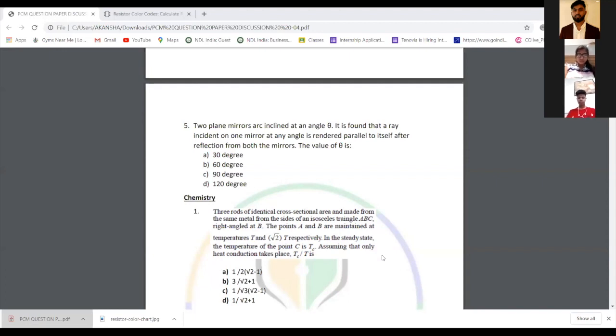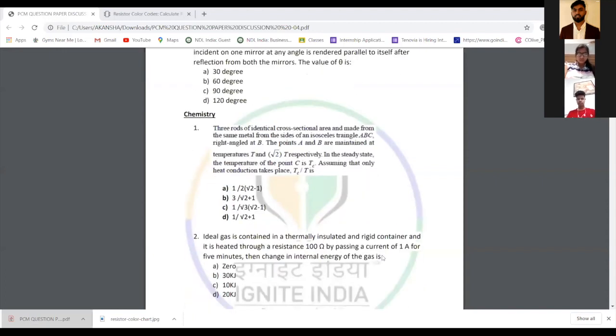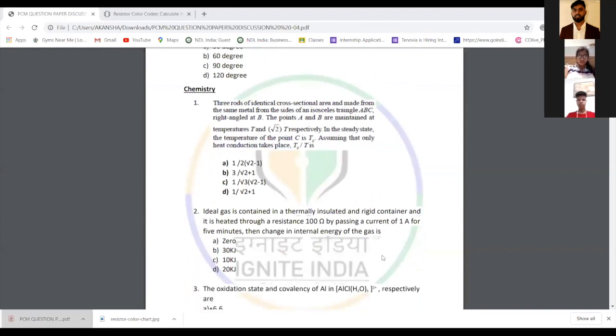Okay. Can we move to chemistry? So I have included two questions of thermodynamics because this is also an important chapter and a very lengthy one. So people and students especially don't read this chapter because once you start this chapter, it takes minimum of 3 days to revise this chapter actually.